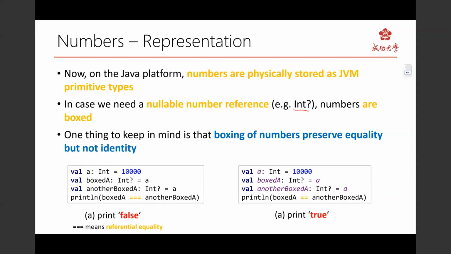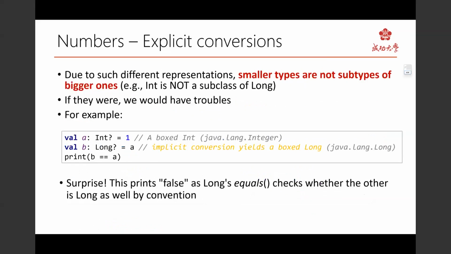So if we have a nullable integer object A, as shown on the slide, and suppose we have another nullable long object whose name is B, and suppose implicit conversion is allowed in Kotlin, suppose we assign A to B,